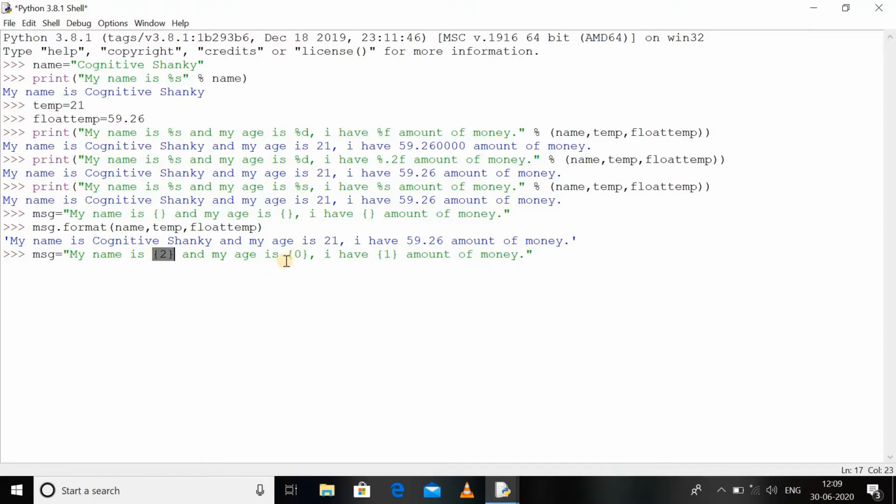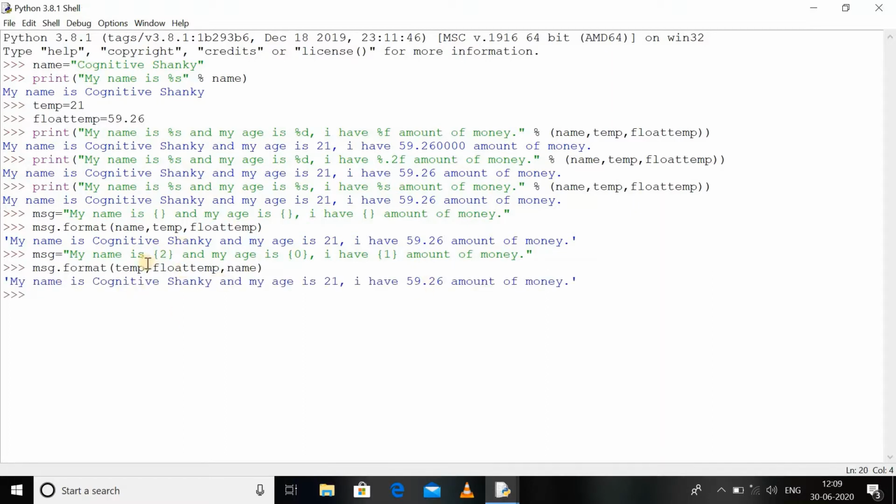So this will be the third value, this will be the first value, and this will be the second value. Now if we have message.format with temp, float temp, name, as you can see, with the index as well we can print it. So curly braces 2 will be replaced with the parameter at index 2: temp is at 0, float temp is at 1, and name is at 2. In this manner we can use non-sequential order as well.